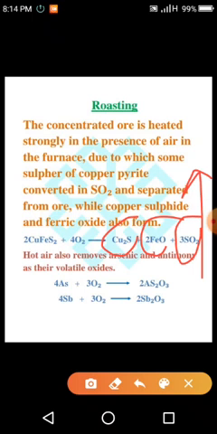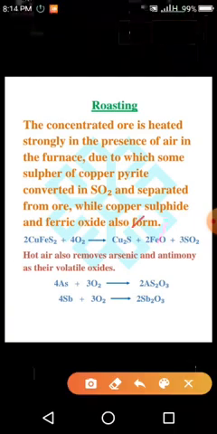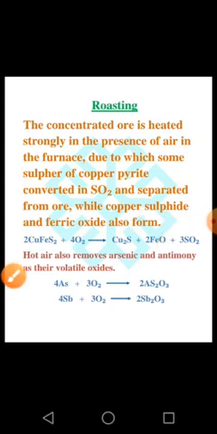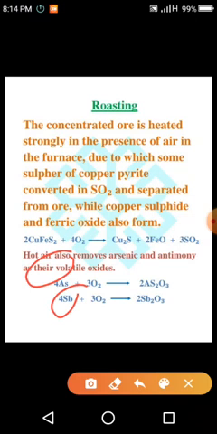You can see other than copper, sulfur and ferric oxide are all considered impurities. We have to remove all of them. These are basically external impurities. There are also some impurities which are hidden, such as arsenic and antimony. You can see arsenic and antimony are impurities which are not visible in the formula, but they are present.